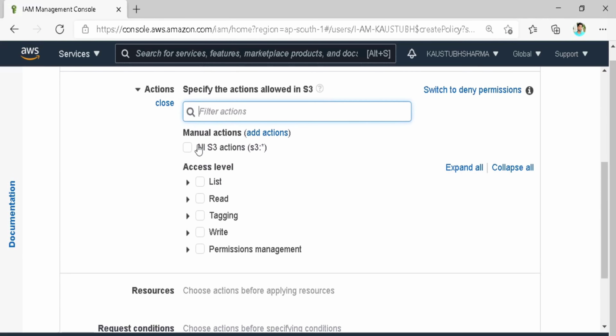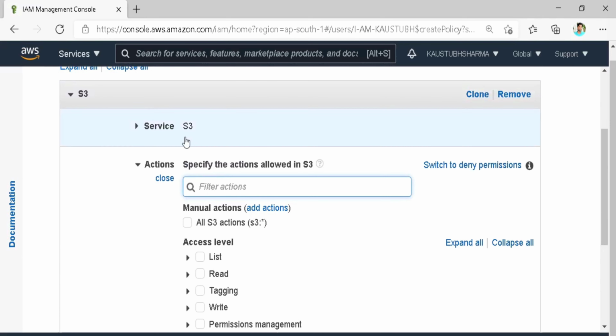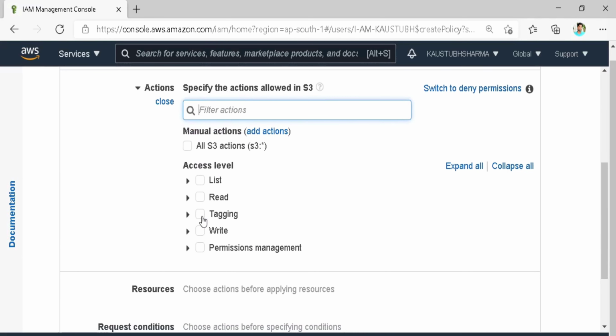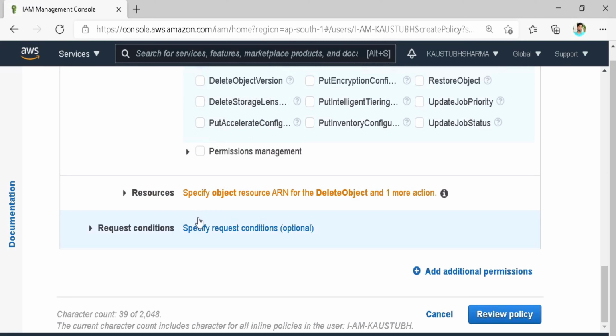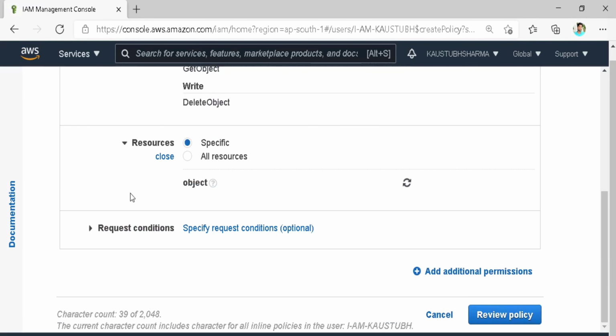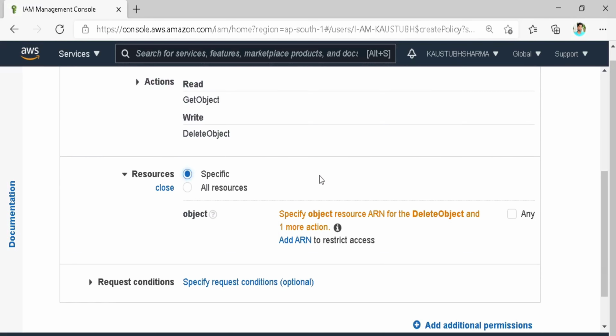Then we have to choose actions, like which action you want to allow or deny. As you can see, you can control permission of every aspect you can think of. Then you have to choose the resource and select the ARN.